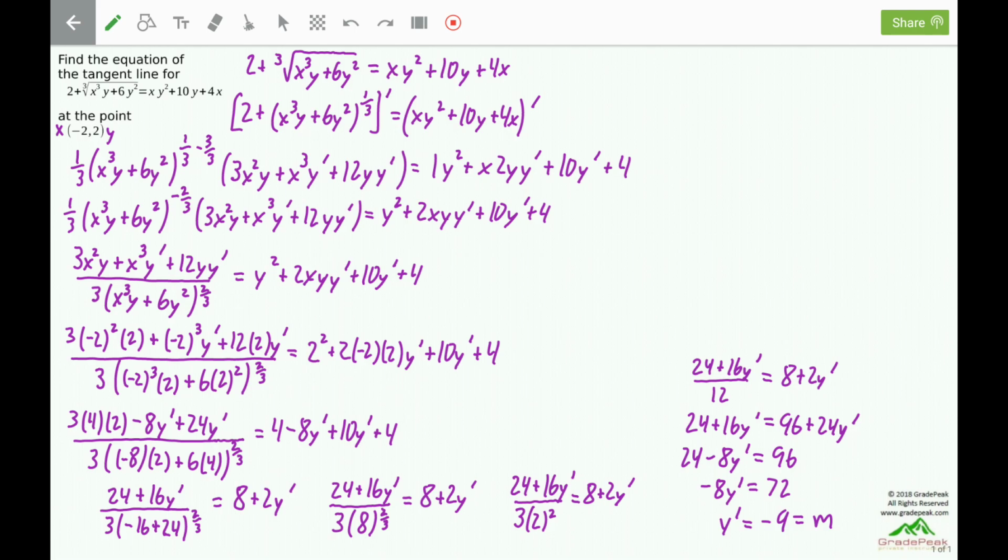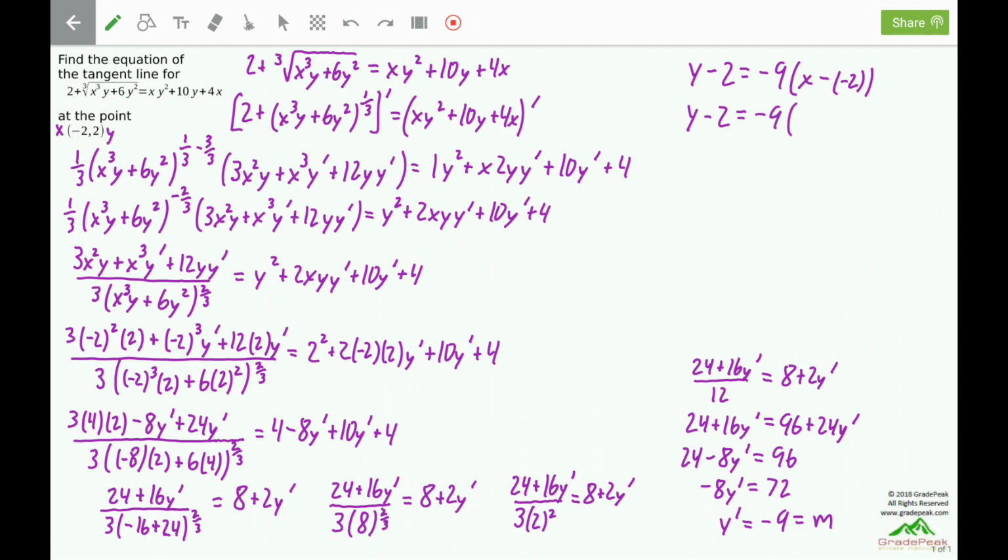We can now set up the equation of the tangent line using the point-slope formula. The point-slope formula is going to be y minus the y-coordinate. The y-coordinate of the point back over here is a 2, equals the slope, which is a negative 9, times x minus the x-coordinate of the point over here is a negative 2. We want to solve for y to put it into the slope-intercept form. To do this,